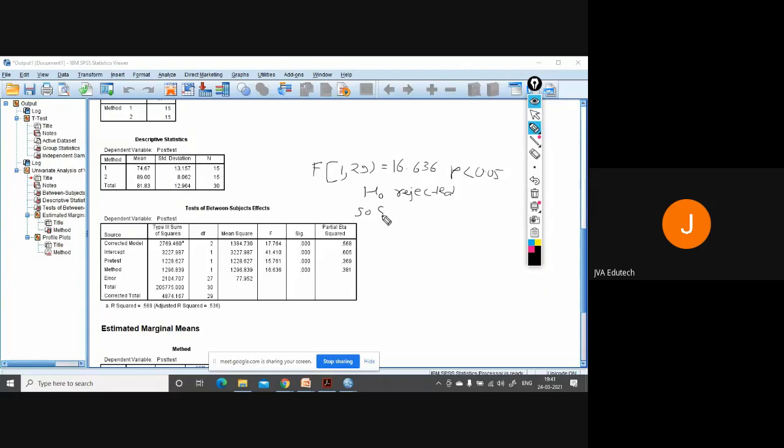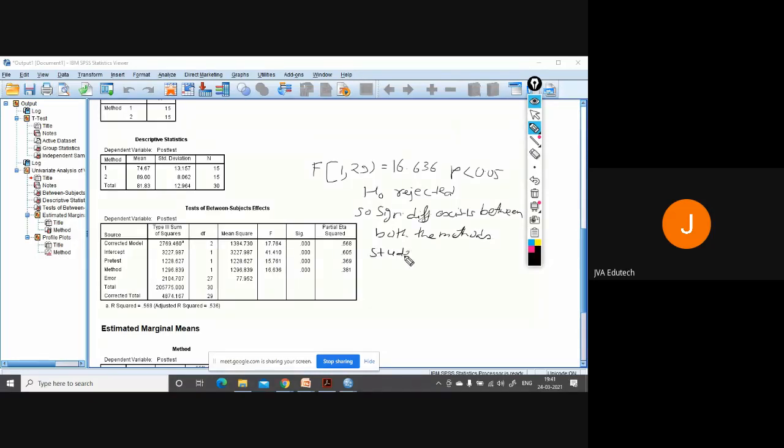So significant difference exists between both the methods.